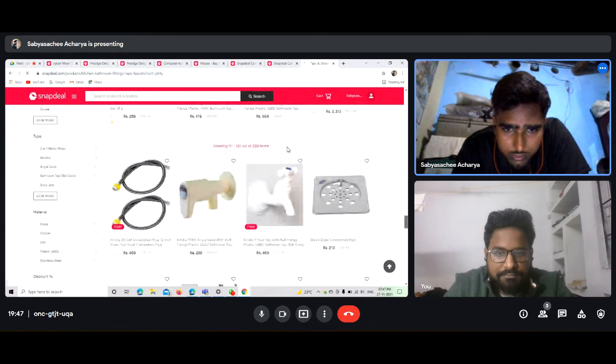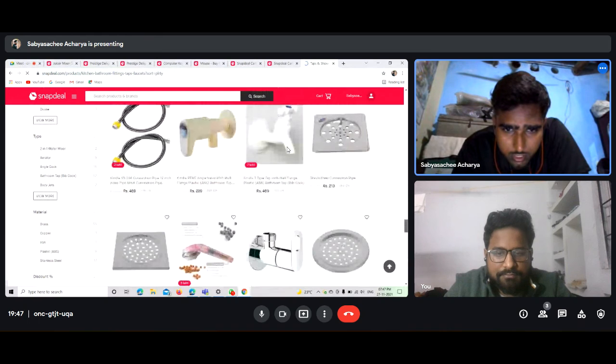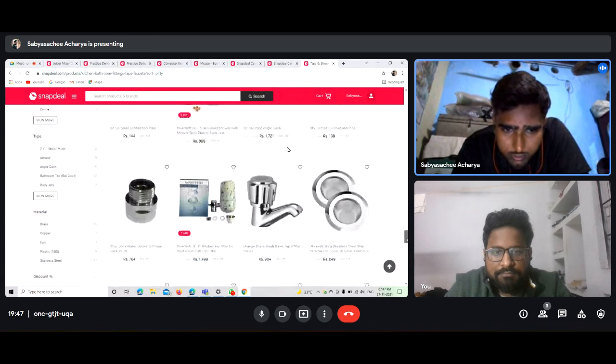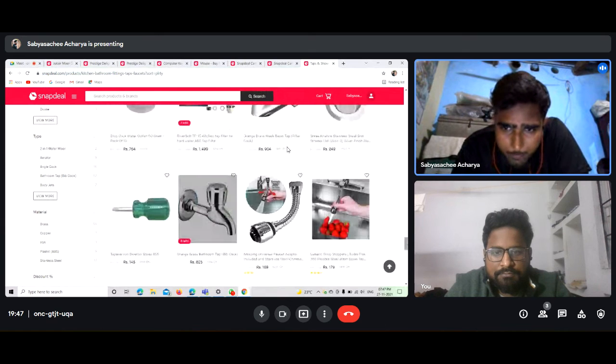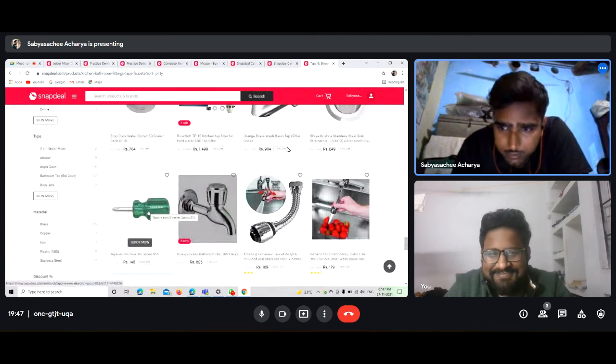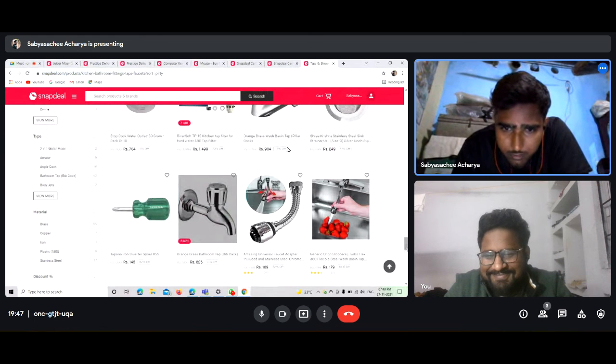Okay. So here it is one. By this I can just reassemble those things if there is any problem.